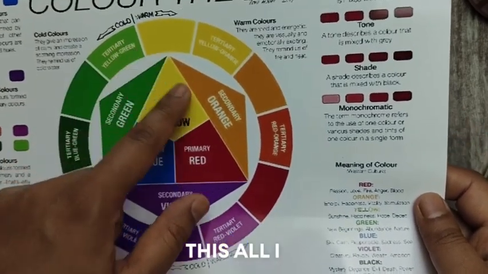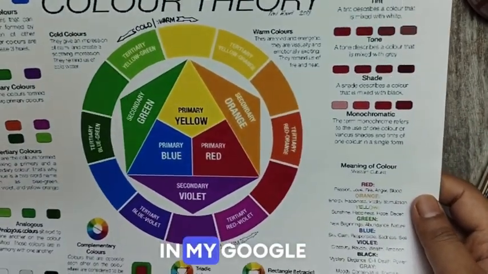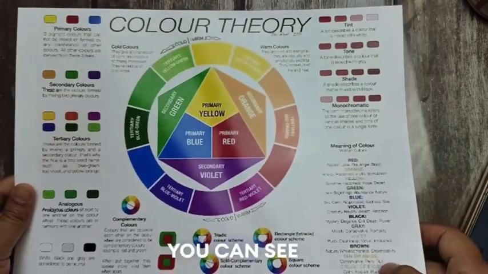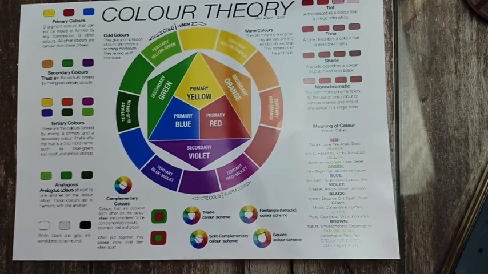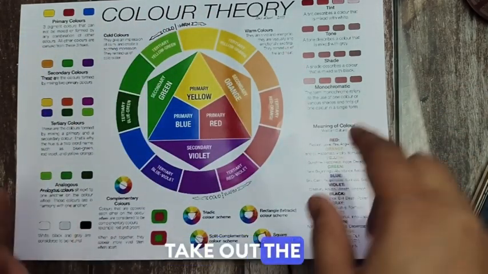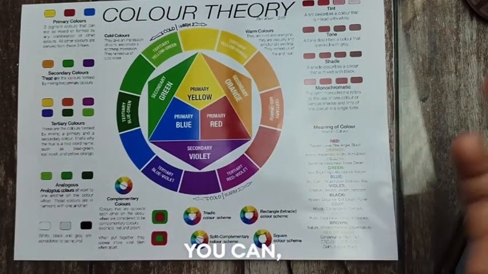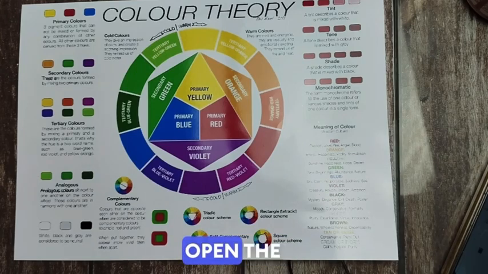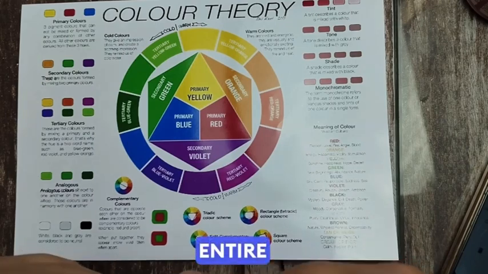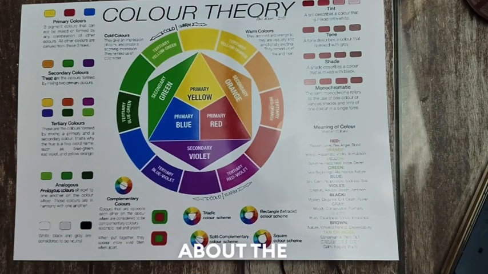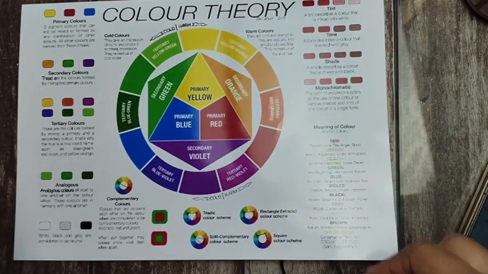All this I have added in my Google document. You can see in the acrylic color course I have added this picture in the Google document, so you can take out the printout, or if you want you can open the Google document, and you can see the entire explanation about the color wheel. Okay, also